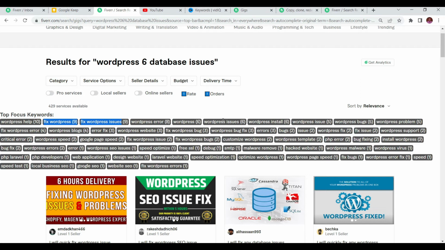Now one thing you should know with keywords is nothing should stay in between the keywords. For example, if you are writing fix WordPress issue, don't put anything in between fix and WordPress. It should be fix and then next to it WordPress. This is how bots check for keywords. They don't just go around and find different words. No, they check for the phrases that are in the same place. So look, install this Fiverr extension, use these keywords and create your gig,